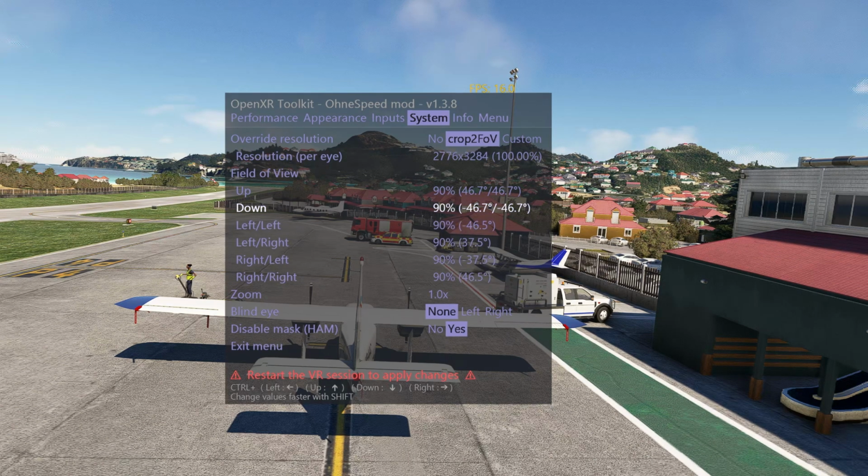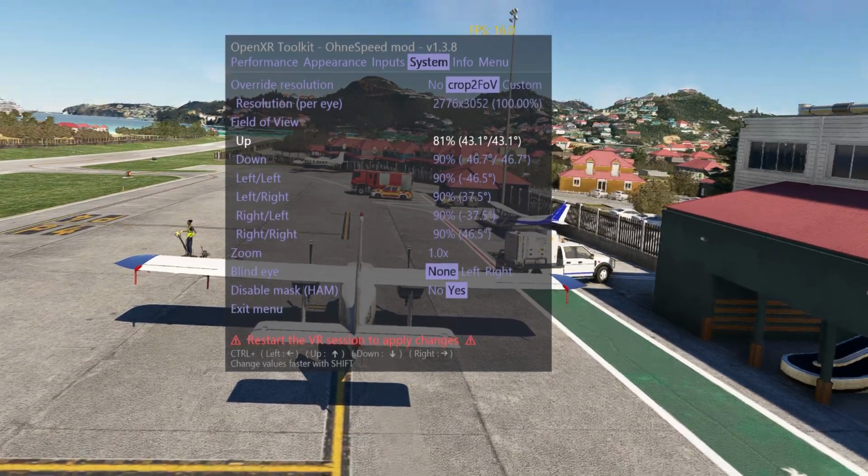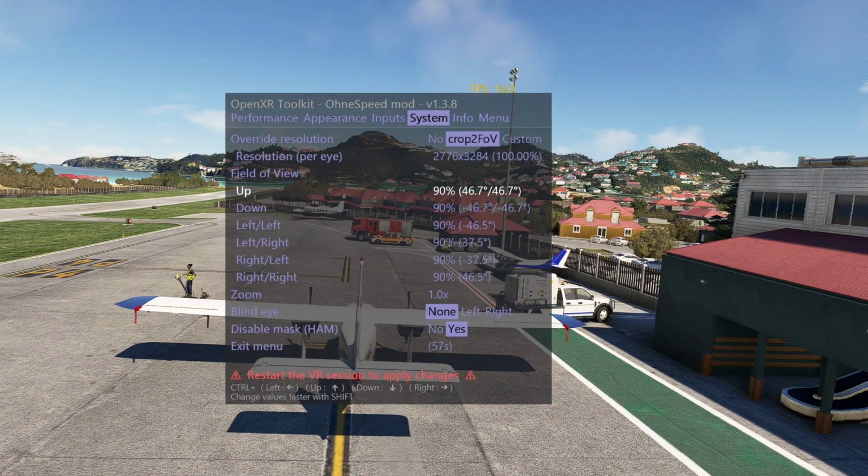Now, I've seen people set them down to 80%. I haven't really had a need to go down that low because my performance has been very good, but you can go down to 80%. Maybe you have an RTX 2060, 2080, something like that, and you need more performance. If you need more performance, this is how you get it. Lower these numbers, and you can see as I move this, it's cutting off part of the screen. That's why it's moving around as we do that. So these are the settings right here where you're going to get a lot of performance back,